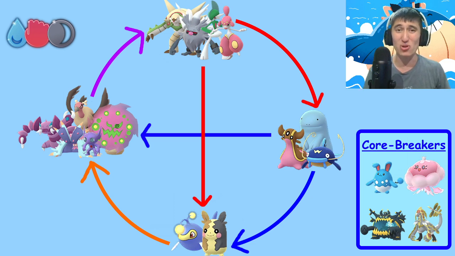Gastrodon is a pretty solid win for the Mandibuzz, even if it's running Water Pulse. Swampert, again, should probably be on the graphic, but it's pretty decent into Mandibuzz as well, with its brand new buffed moveset too. And then we've got the electric types. They're going to lose to the fighters, they're going to lose to the MudBois, but they are pretty solid